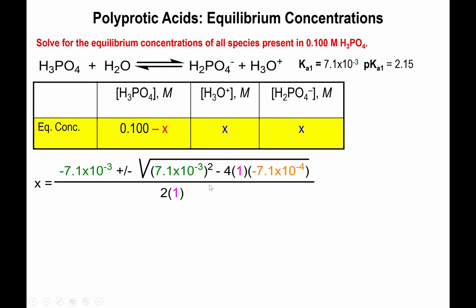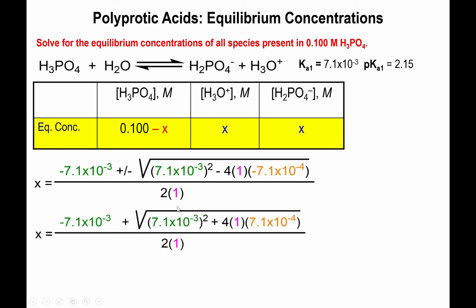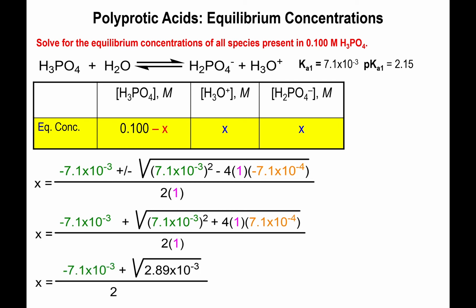I'm basically going fast right here, but the process is still the same. Plug in the value of b. You have negative b plus or minus the square root of b squared minus 4ac, divided by 2a. And simplify this from the inside of the radical all the way to the outside of the big fraction, right? Ultimately, you should find that the value of x for the first process in the dissociation of phosphoric acid is